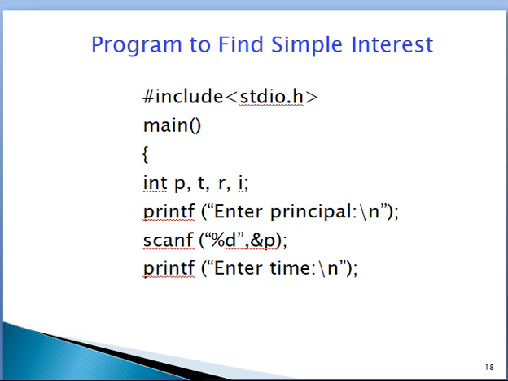Printf, enter principal, is printed on the output screen. The scanf function is the input function, seeking input. Whenever the user enters the principal amount, it is stored in the P variable, address of P. Next, printf enter time.